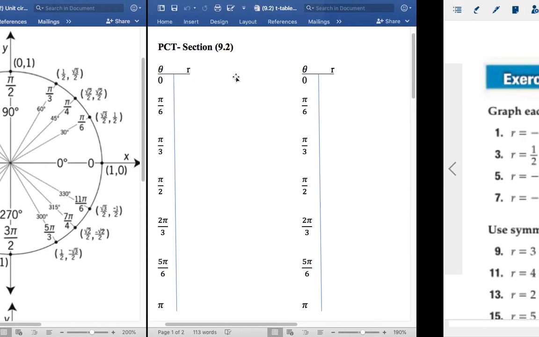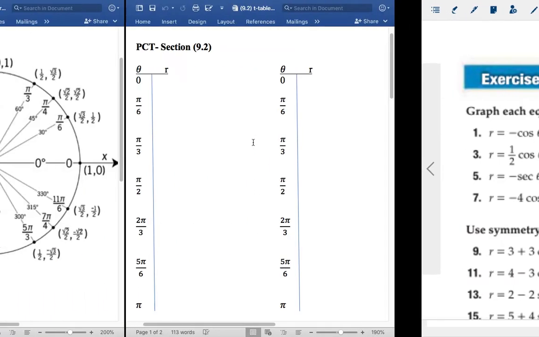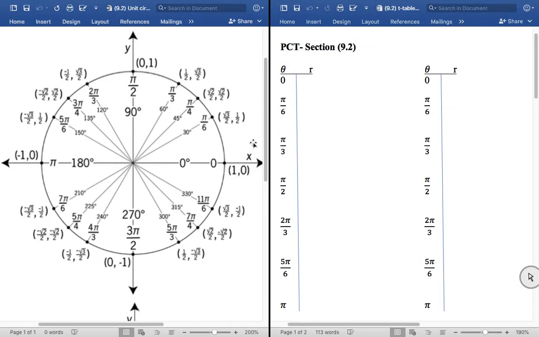But what is number 2 on our homework? It is r equals cosecant of theta. R equals cosecant of theta. All right, so r equals